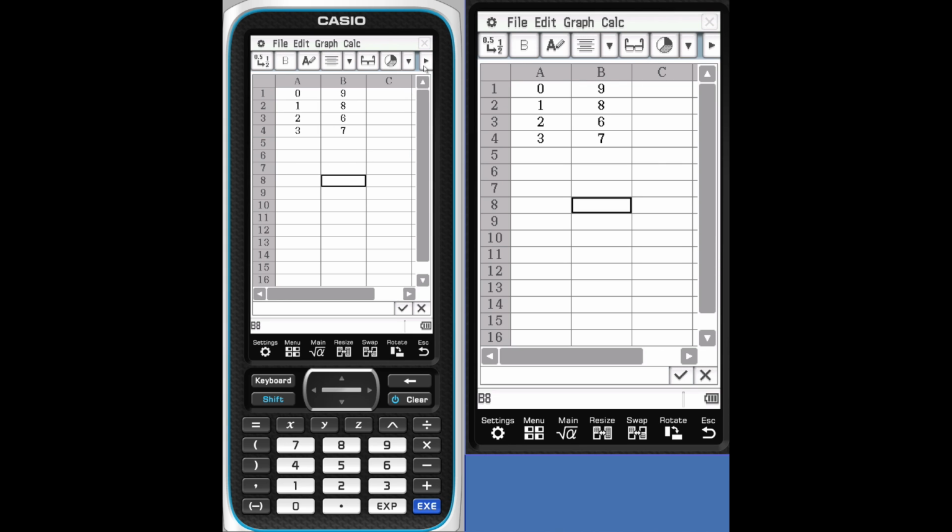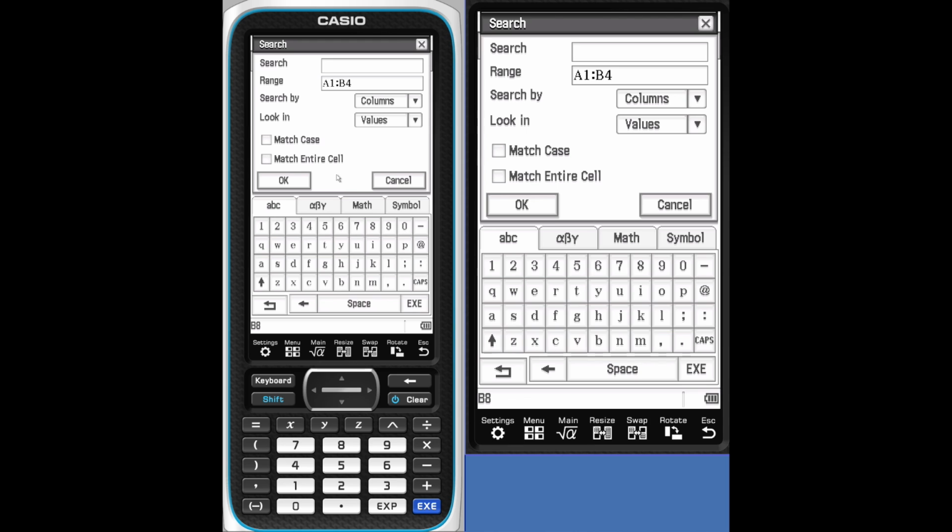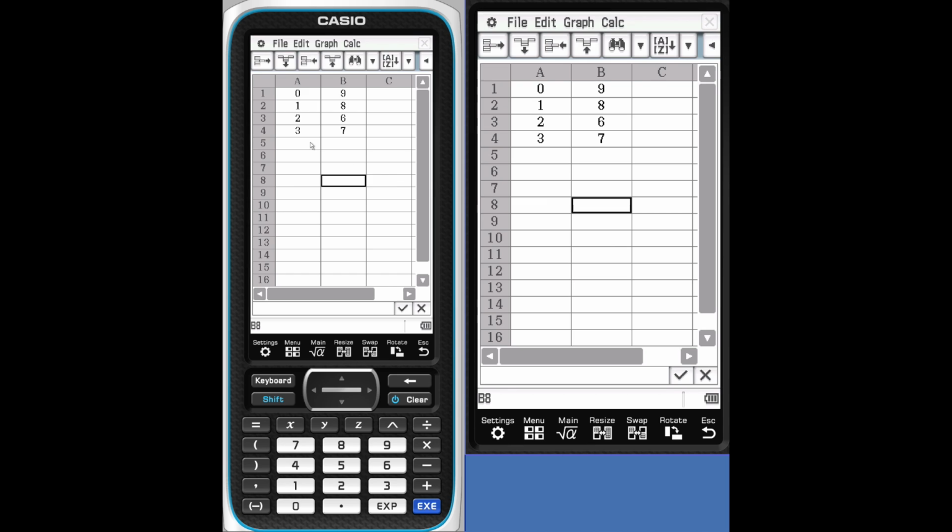We've got more options. Similar to the statistics, you can insert. You can find and do a search for a certain value or a certain cell or a certain word. And we can do some sorting, ascending or descending, alphabetically. But the spreadsheet works very similar to a regular spreadsheet. So let's take a look at formulas before we do anything else.